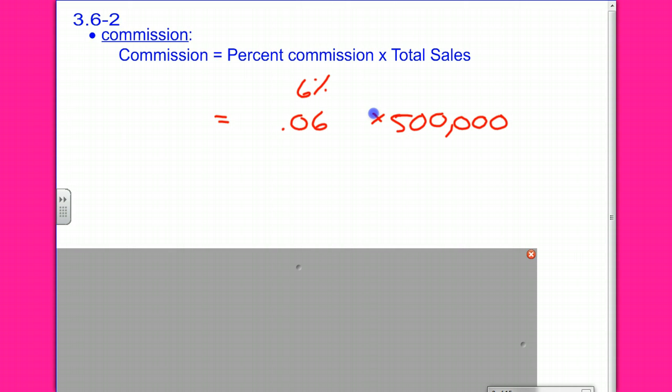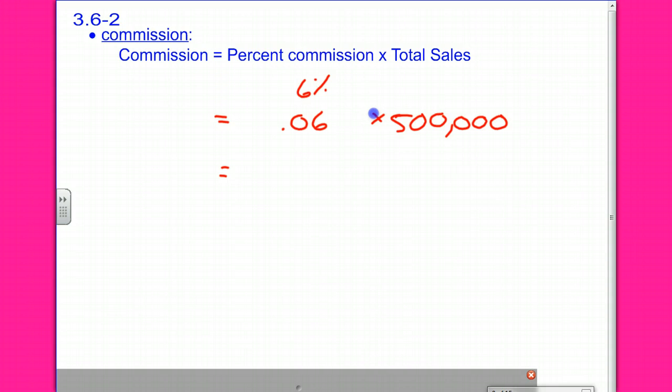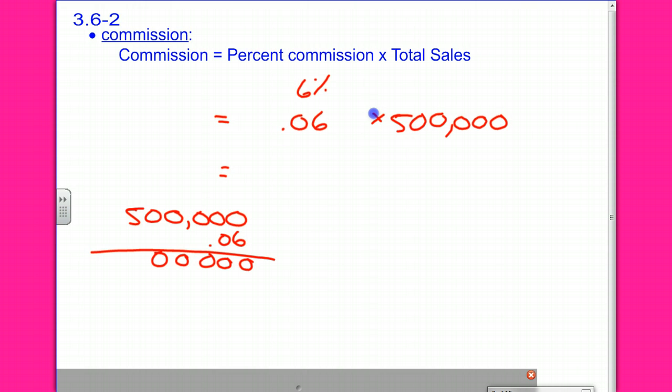So when we go to multiply 0.06 times 500,000, we can find out what the realtor makes. That's their commission. So we could go scratch that out over here. 500,000, this is not hard, times 0.06. So we say 0 times 6. Oh gosh, we're going to have 1, 2, 3, 4, 5 zeros. And then we have 5 times 6, which is 30. And now we will move the decimal how many places to the left? 1, 2. So look at what the realtor makes.